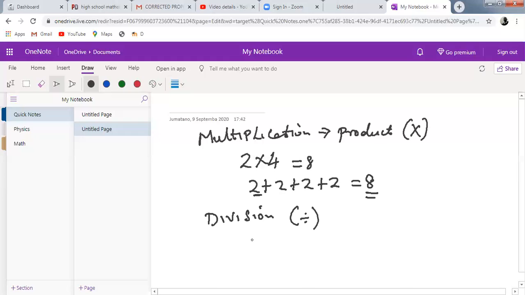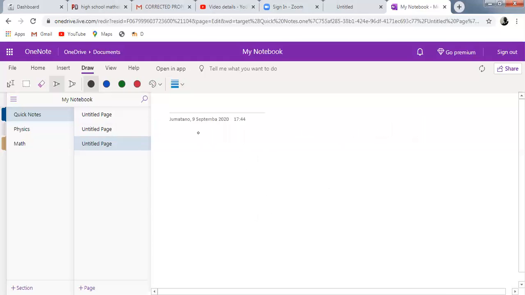Therefore, if for example, a mother had 20 oranges and needs to divide these oranges among her 4 children equally, then each will get 5 oranges. So it is a particular quantity being shared equally among a particular number. Having understood that, we can now go ahead and discuss operations